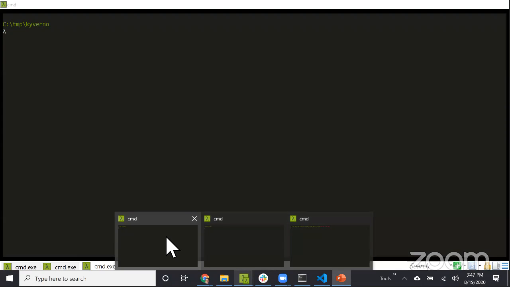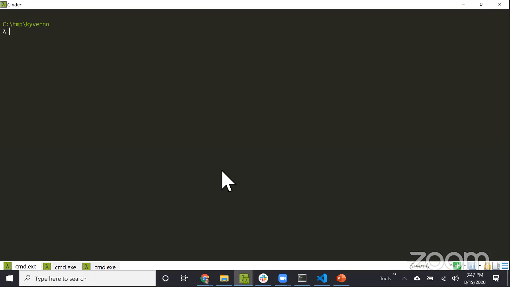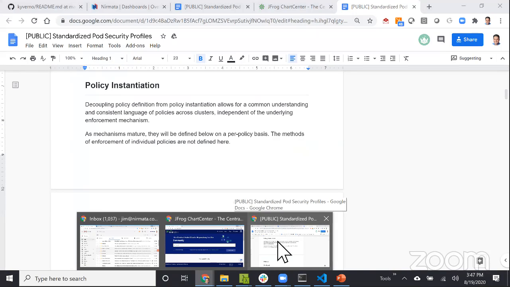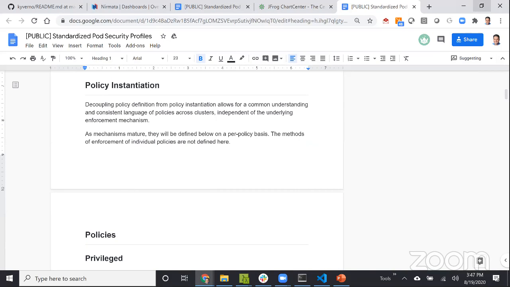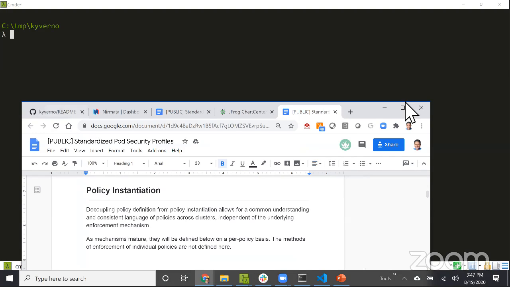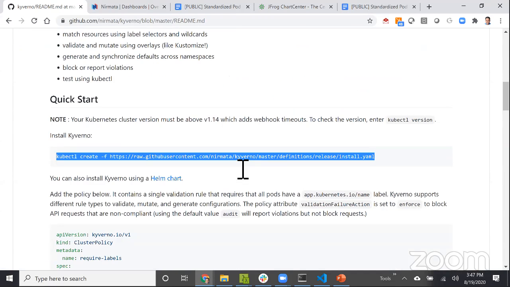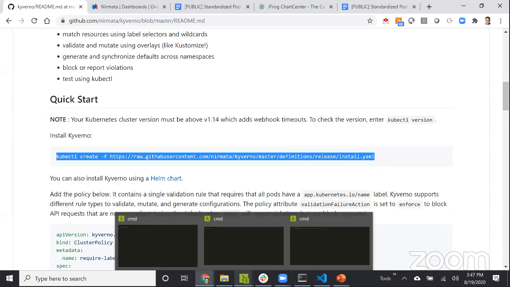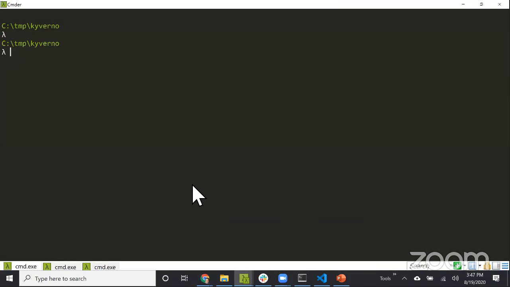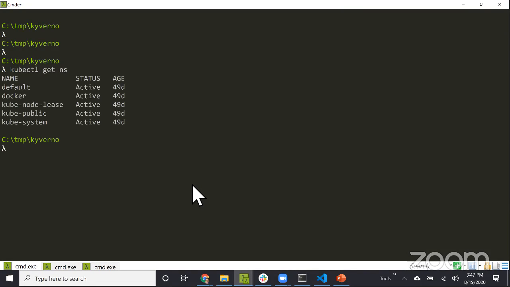And what I'm going to do is start out by installing Kyverno, right? And this is pretty straightforward. If we go to the Kyverno website itself, over here, there's a one-line command. There's a Helm chart also if you prefer using that. But for this demo, I'll just use this one-line command to install it on the cluster. So here, if I do kubectl get namespace,